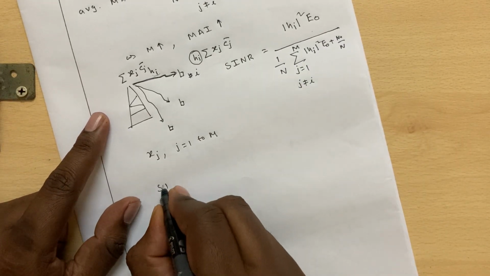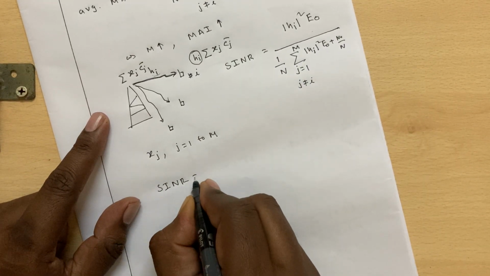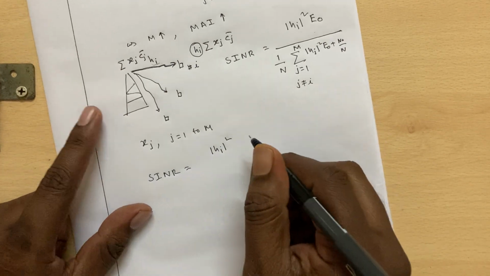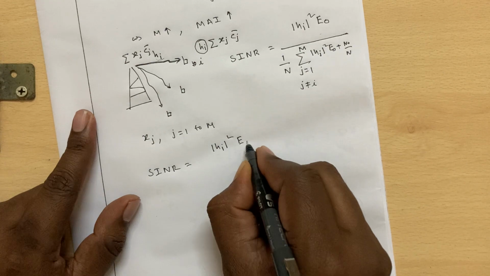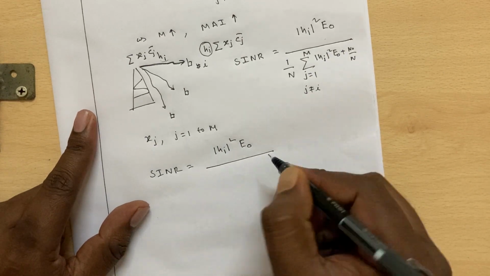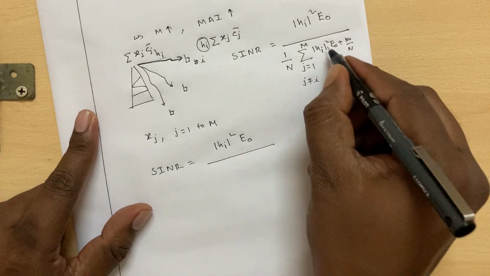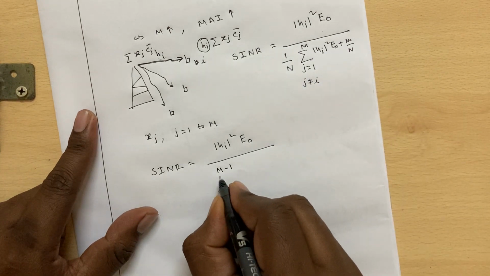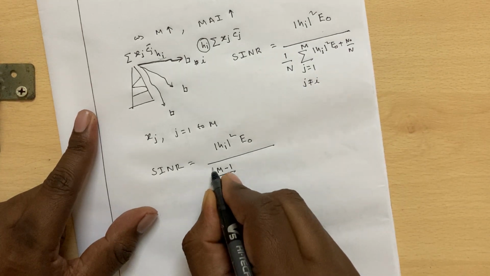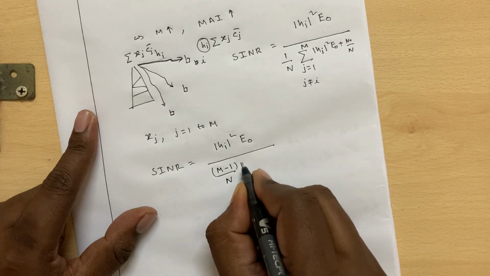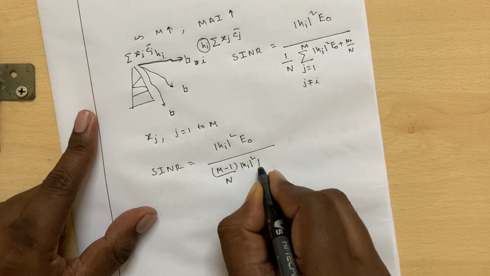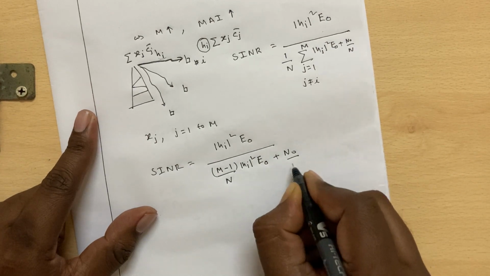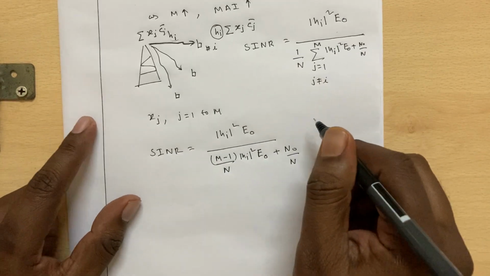Thereby the SINR expression will be reduced to mod hi square E naught divided by, so it is common, so we can take them out, so we get m minus 1 by n mod hi square into E naught plus N naught by n. So this is the SINR expression for